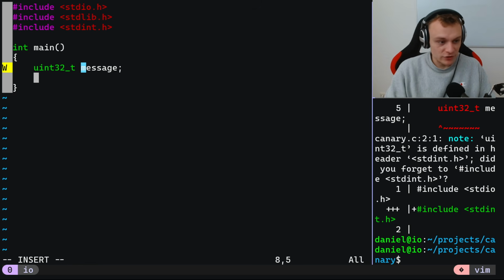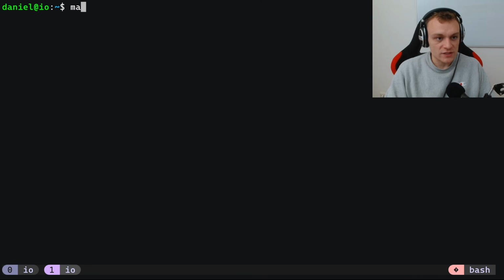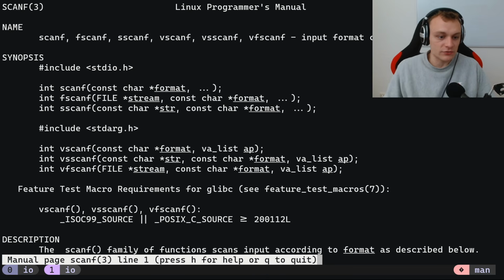I'm never using that variable, and that's why I didn't know that. And then we can scanf something into that variable. And for those who do not know, let's have a look at the man page of scanf. And scanf is